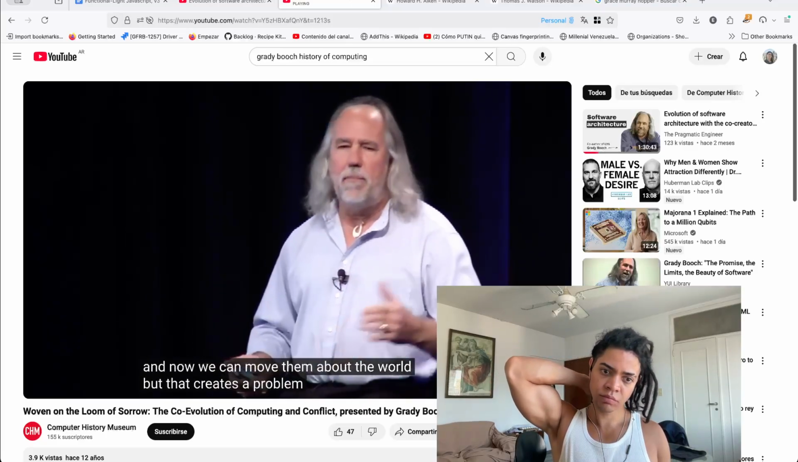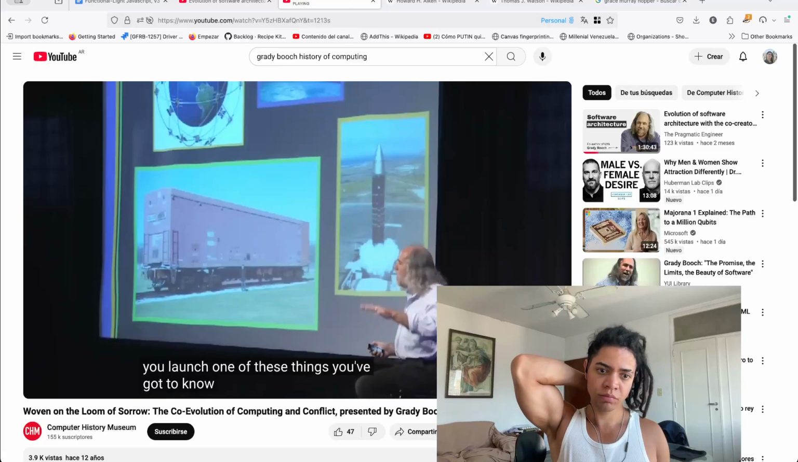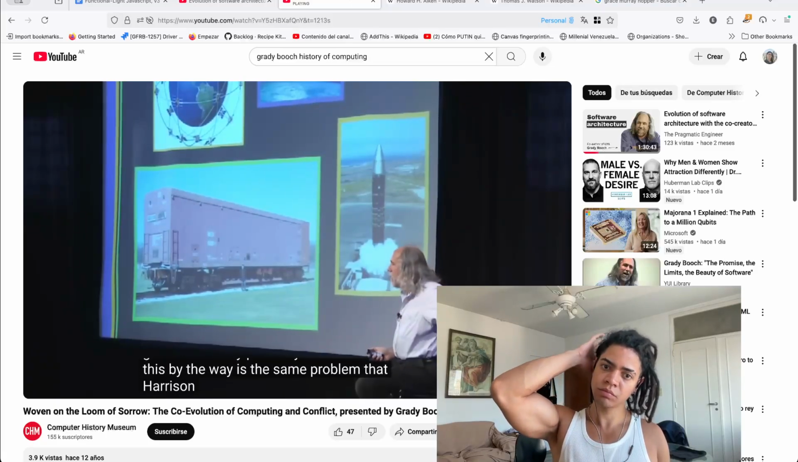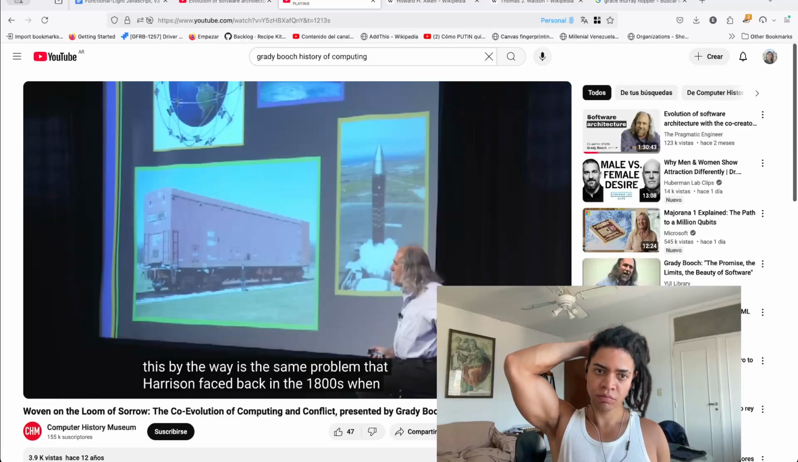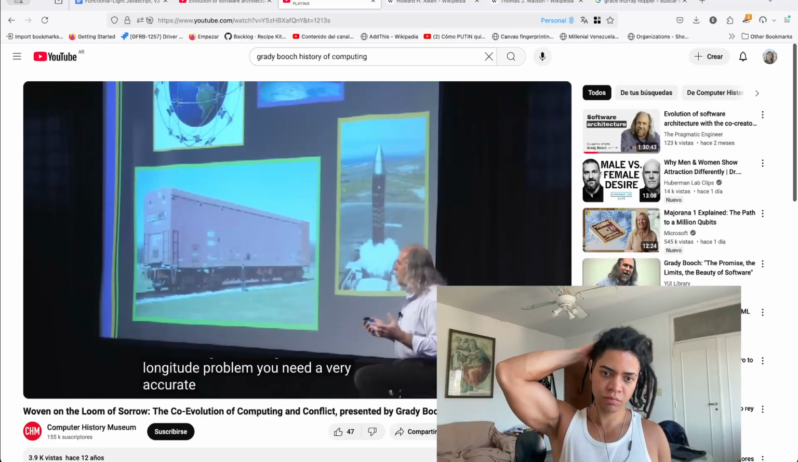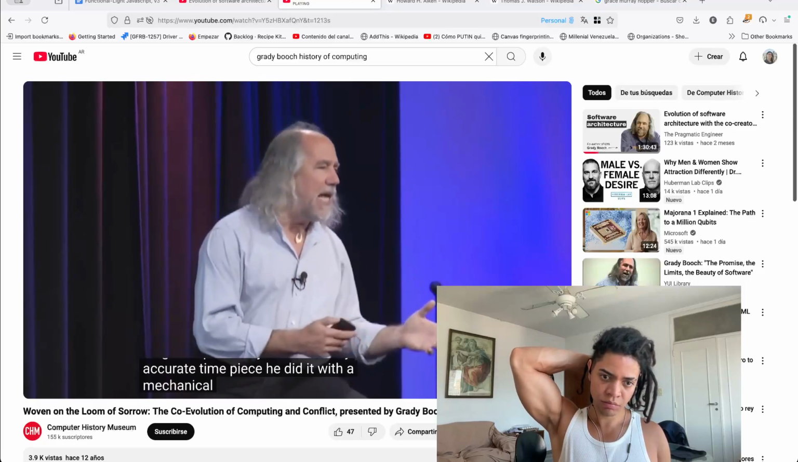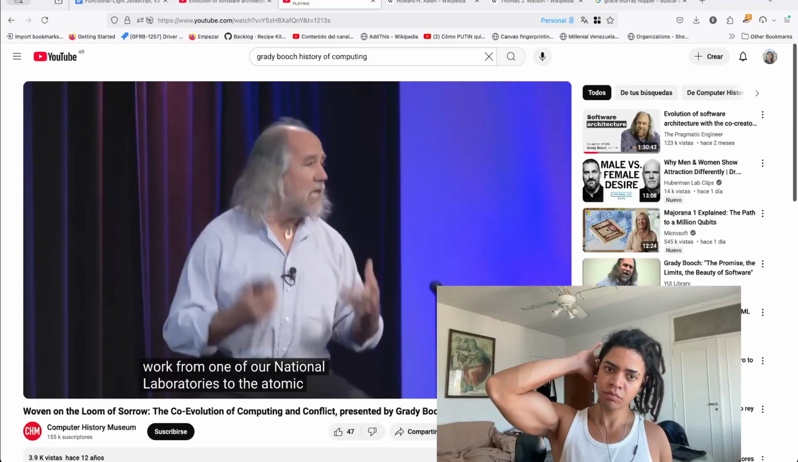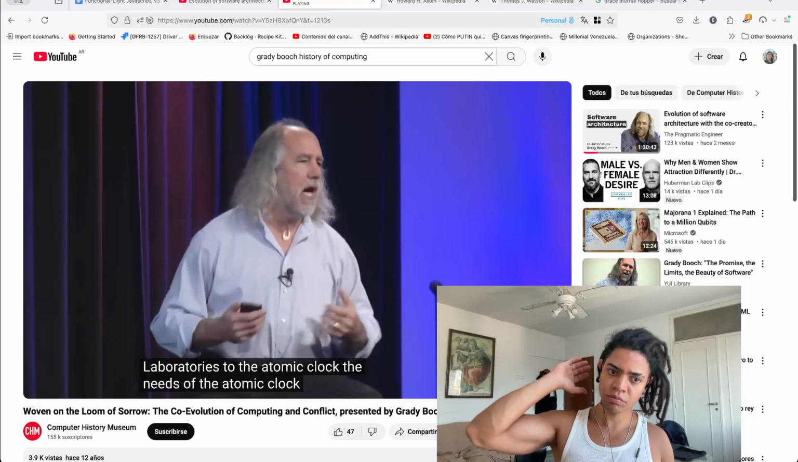But that creates a problem. When you launch one of these things, you've got to know very precisely where it is. This, by the way, is the same problem that Harrison faced back in the 1800s when he was dealing with navigation and the longitude problem. You need a very accurate timepiece. He did it with a mechanical clock. We did it because of work from one of our national laboratories, the atomic clock. The atomic clock came from the